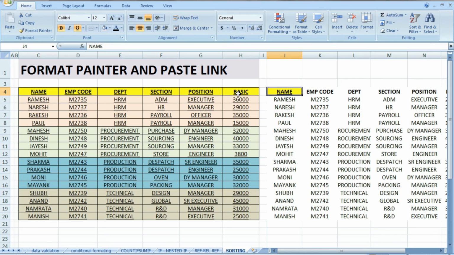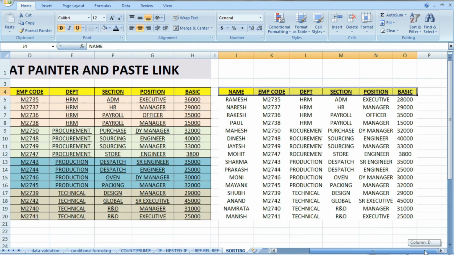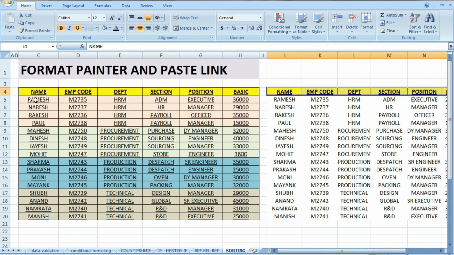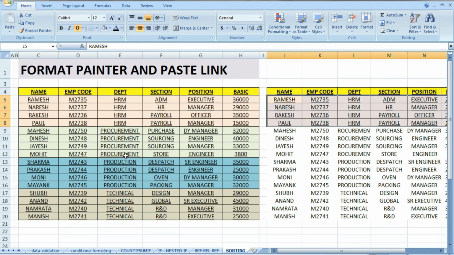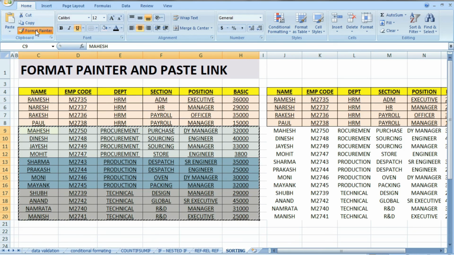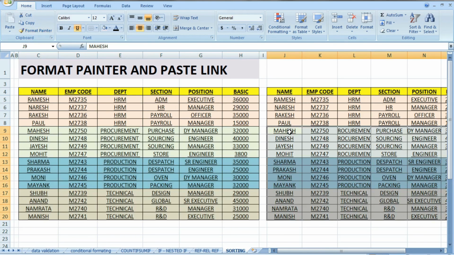Suppose I want to do this in the total header. So I have to copy this here. If I click here, then automatically this is done for all. Similarly, if I do it for this, okay, format painter, click here, quickly done for this. Suppose I do it for all, if I click here, so this is done for all. Suppose I undo it, and with one click I can do it for all data.